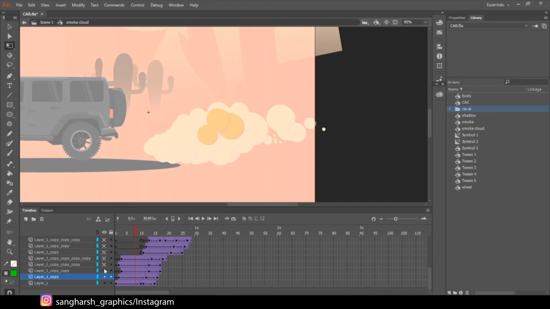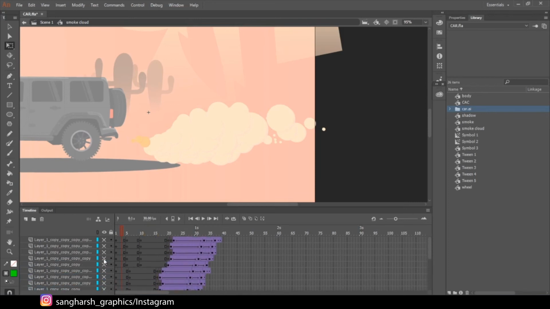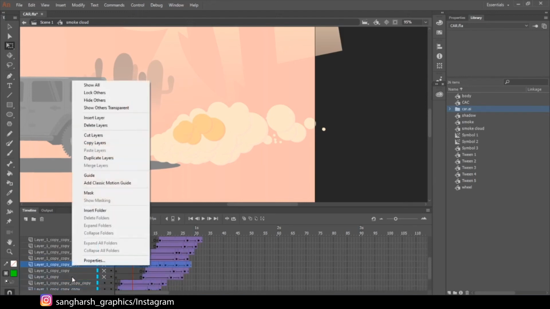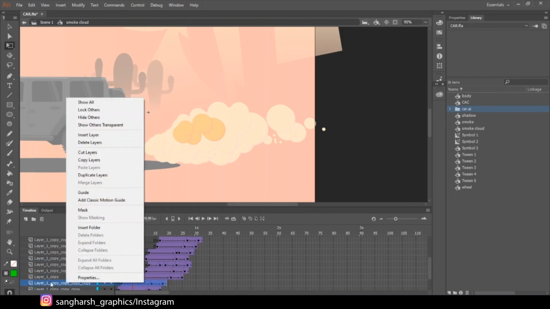Again I duplicated it, same, changed its position, took it 2 frames ahead like this here. Same for the fourth layer. After doing it up to here, I select all of the layers, right click and duplicate layers.